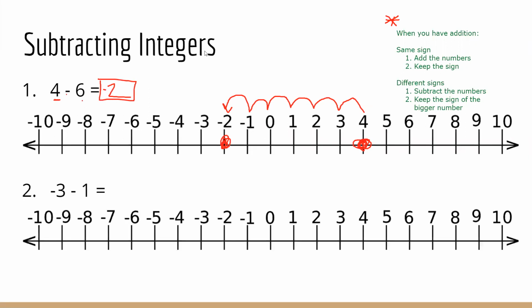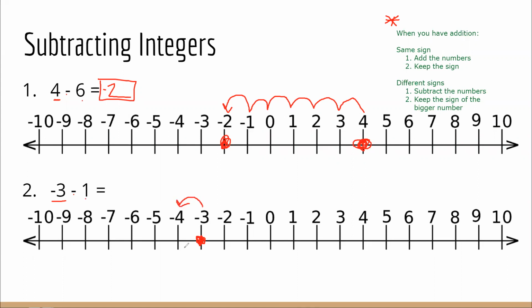If I wanted to do -3 minus 1, looks a little bit harder, but it's going to be the exact same steps. So we've got -3 was our start point, and then subtract means go down by 1. So subtract by 1. And so I know my answer is -4. So you are more than able to do these kinds of problems on a number line. However, I don't think anybody wants to sit there and draw out a number line every time they want to